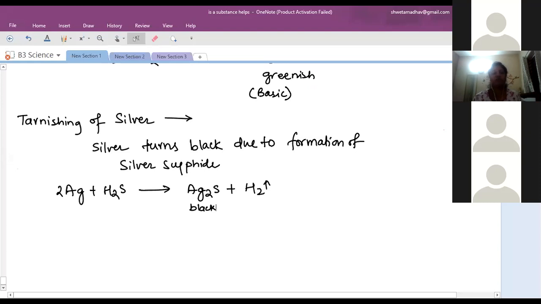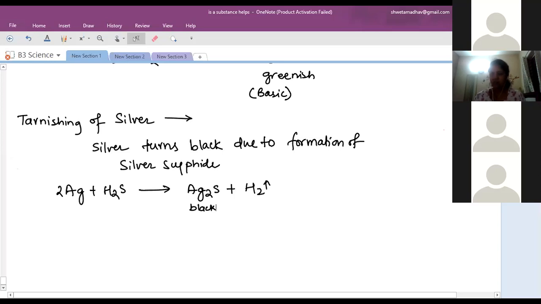Now every corrosion is not bad. Right now you are seeing copper, silver and iron, where it is bad for those metals. Those articles become dull, lose their shine and become useless after some days, or holes are formed and they break. So it will always be disadvantageous. But in one metal, corrosion is actually good for it, and now we have started doing that intentionally. That metal is aluminium.